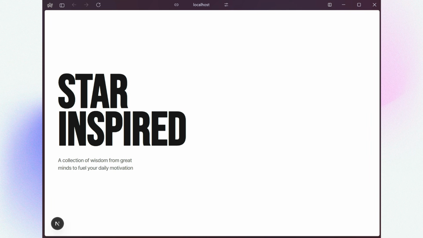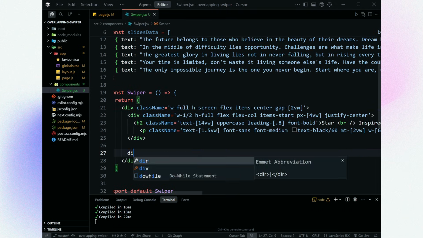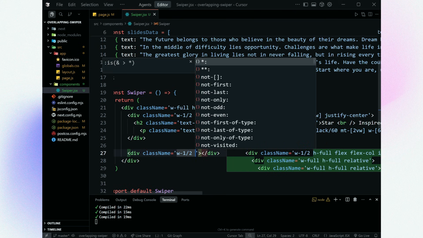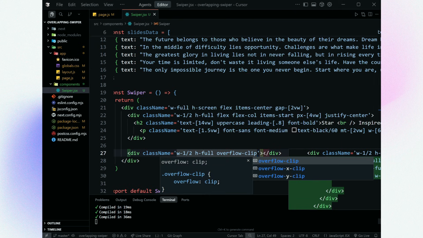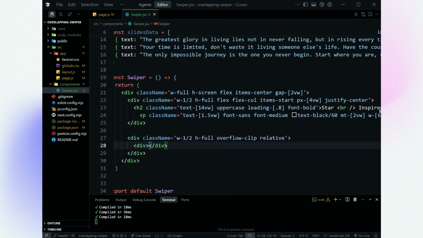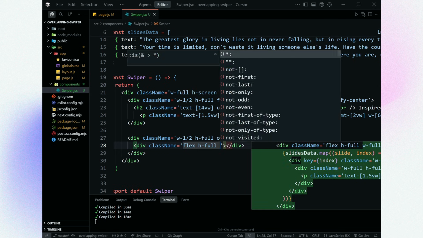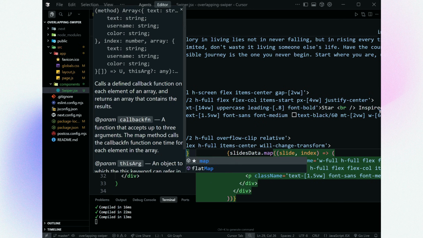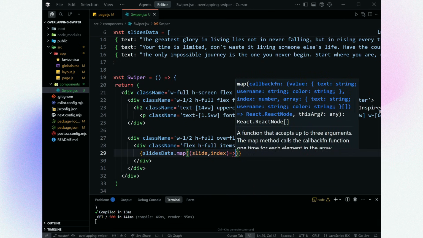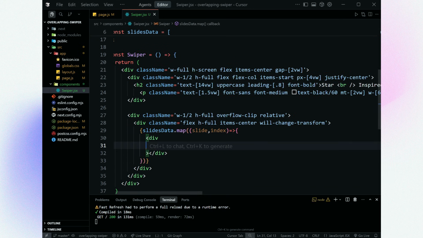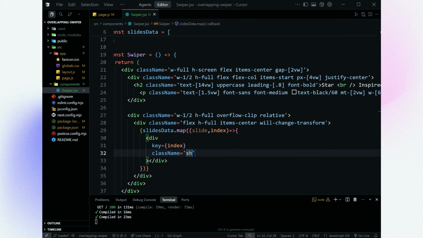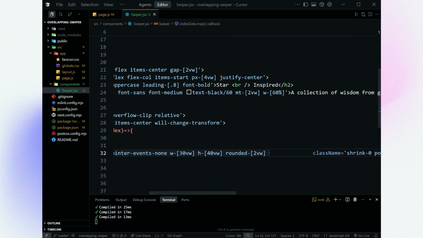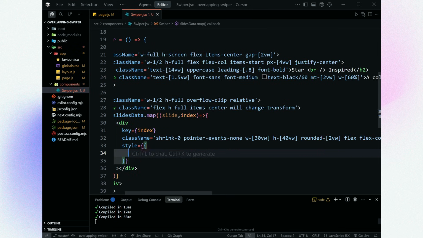It is time to create the right side swiper layout. Just like the left side, I am creating a div that takes half width and full height. Inside this, I am creating another div with flex layout. This div will hold our swiper card. Now I am looping over the slides data array and rendering a card for each slide. Each card has a fixed width and height, rounded corners, and a flex column layout. I am also adding spacing between the cards, applying the background color dynamically from the data, and giving each card